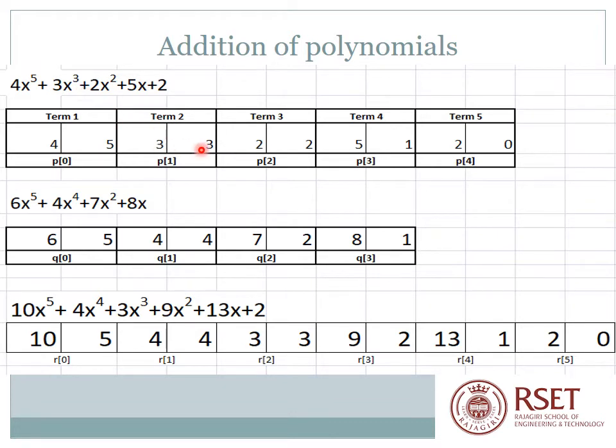So 3, 3. Again, third term, fourth term, and fifth term. So once the loop is completely iterated, you will be having all the terms of the polynomial correctly represented inside your array. Next is a matter of just displaying the polynomial, ideally with the help of the variable x, and then just displaying the coefficient and the exponent. So this is how you represent a polynomial.